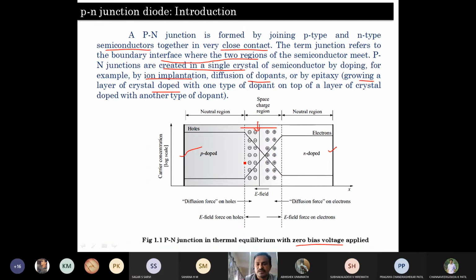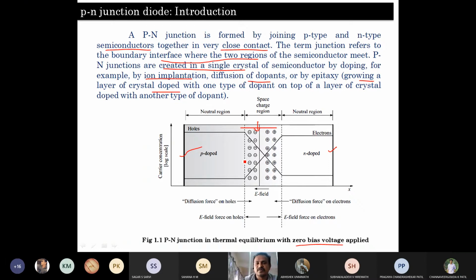As we all know, the charge carriers in the semiconductor materials are responsible for current in the diode or voltage across the diode, through the movement of these charge carriers. Once we come to the concept of charge carriers, based on the type of semiconductor material, it may be P-type or N-type, we have minority and majority charge carriers.